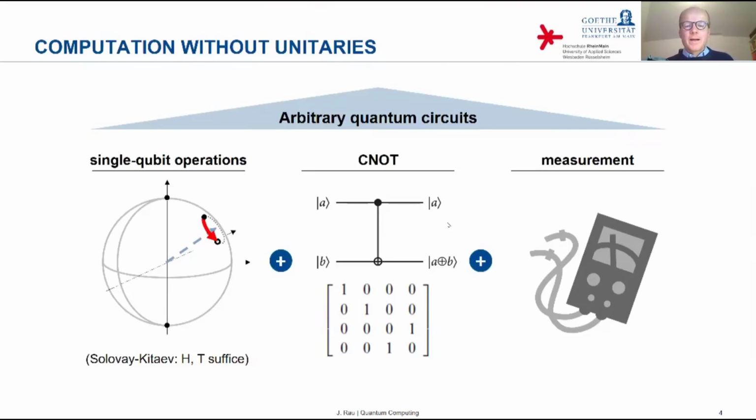In particular, single qubit operations, and this can be further limited to just two types of gates,